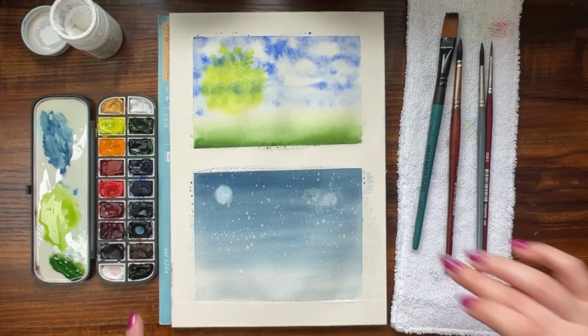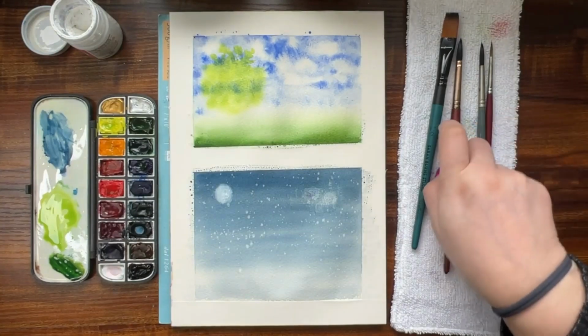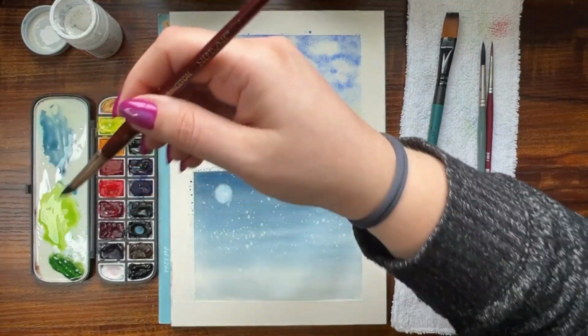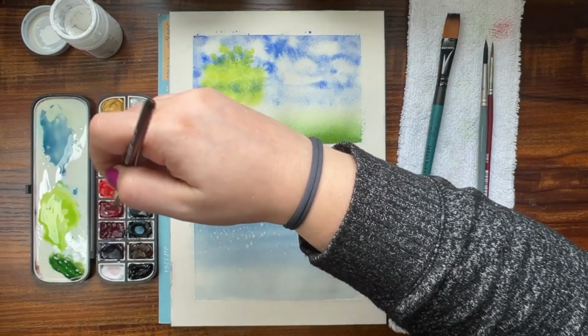So now that our bottom piece is nice and dry, we are going to go ahead and paint a mountain and then the foreground. So I'm going to start with this puddle that I have right here already. And I'm going to add the same colors to it. This one's basically going to use all of the same couple of colors. So we are going to start with our